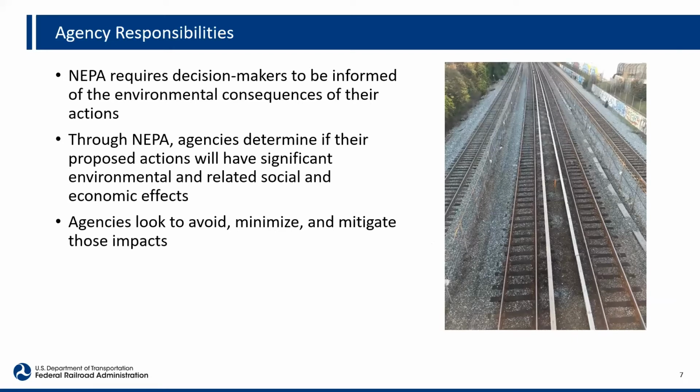Frequently, private individuals or companies will become involved in the NEPA process when they need a permit that's issued by a federal agency or if they receive federal funding. So when a company applies for a permit, for example, for a crossing, when you're crossing federal lands or perhaps impacting waters of the United States, the agency that is being asked to issue the permit has to evaluate the environmental effects of the permit decision under NEPA. Federal agencies might require that the private company or a developer pay for the preparation of analyses, but the agency, in this case FRA, is ultimately responsible for the scope and accuracy of the analysis.